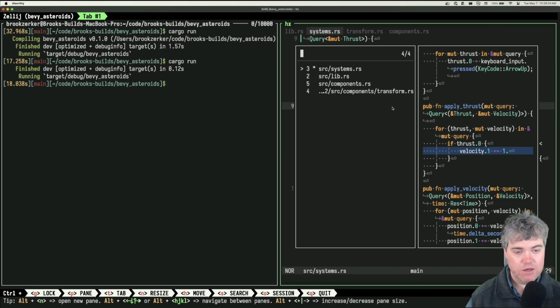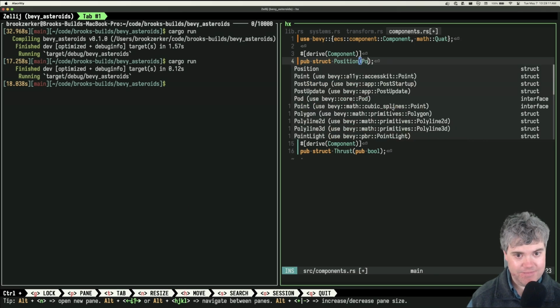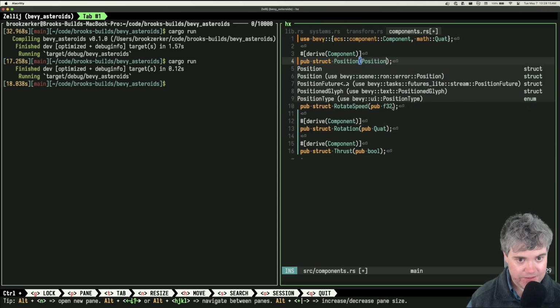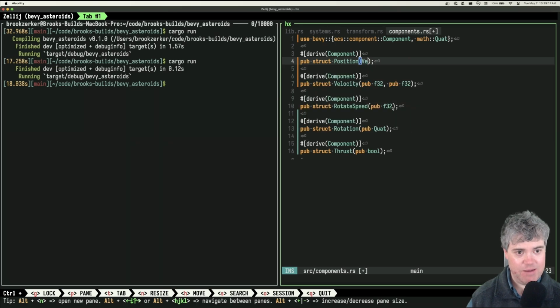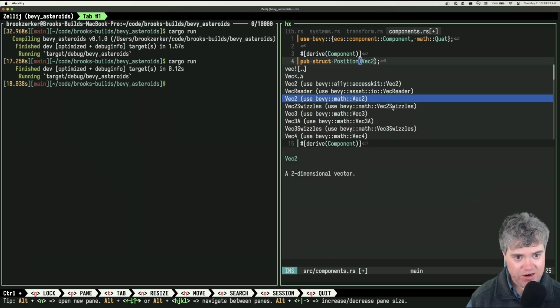So refactor time, rewrite time. We don't have any tests, so it's all rewrites. So in position, instead of like this, how about a vec? Okay, so I have a vec2 like that. Okay, let's do a vec2.